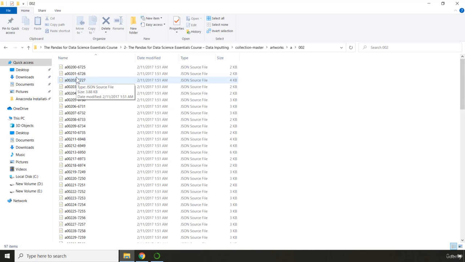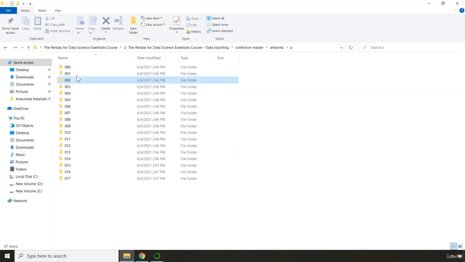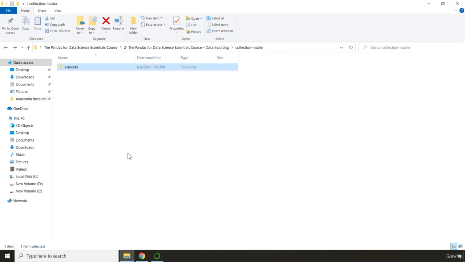So we are working with three things: the root directory, all of these subdirectories, and then all of these subfiles. Unfortunately, Pandas has no way of helping us in this manner, so we need to come up